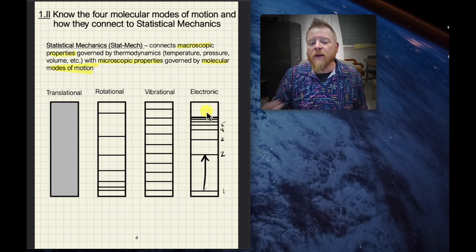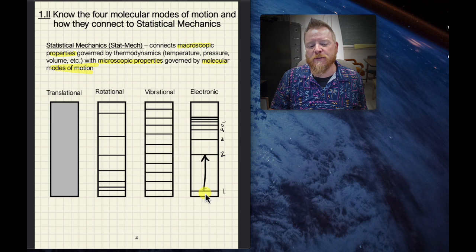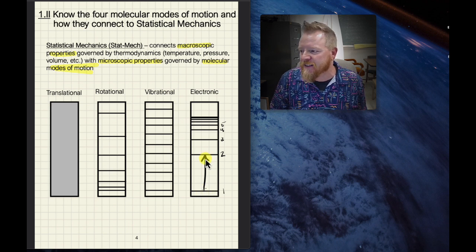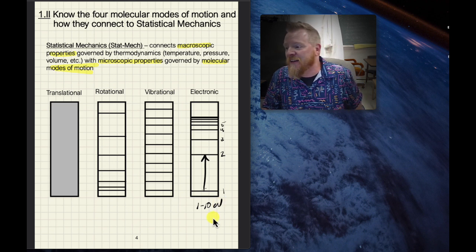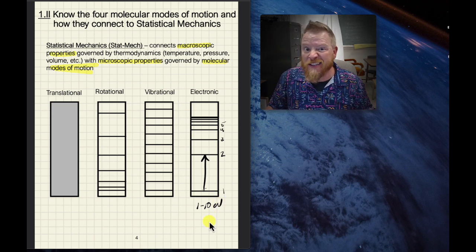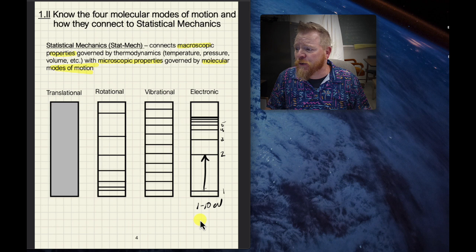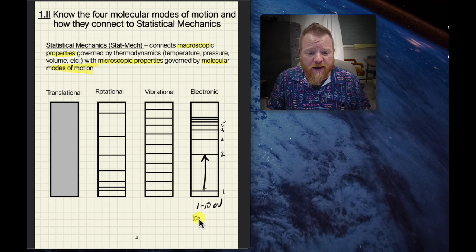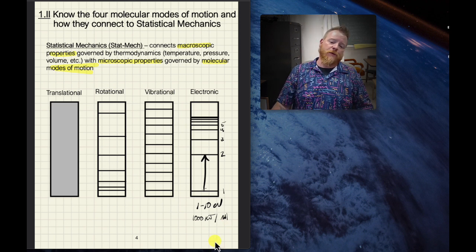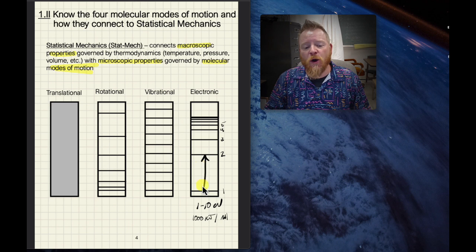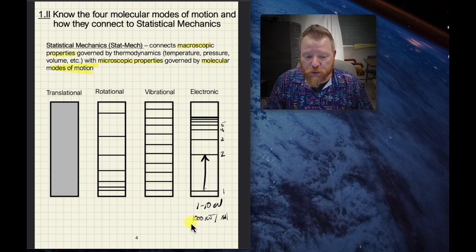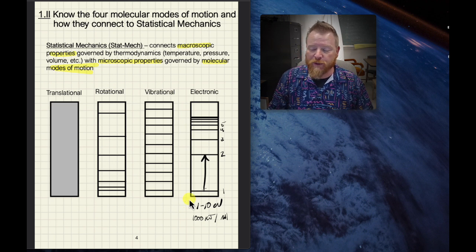However, if we just focus on a typical spacing between the ground state and the next excited state, that could be anywhere between 1 and 10 electron volts for a single atom or molecule, or for a large collection, that's about 1,000 kilojoules per mole. Okay. So if we had about a mole of molecules going from state 1 to state 2, it would take about 1,000 kilojoules, or 1 megajoule.